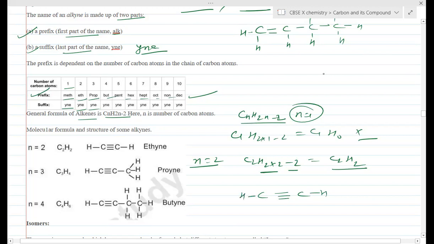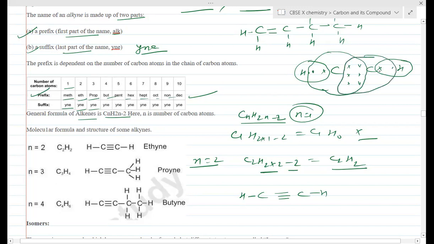If I show you the bonding here, between the carbon atoms 3 pairs of electrons are here. See, carbon is tetravalent, right? So you write 3 and 1, 4 electrons for this, 1 2 3 and 4 electrons. Hydrogen has 1 valence electron. To become stable, hydrogen will share 1 electron. What about carbon? Carbon will take 1 from here, so 4 plus 1 is 5, and 3 from here. Similarly, this carbon will take 1 from here and 3 from here. So you can see here between the carbons there are 3 pairs of electrons, and single bonds to hydrogen.